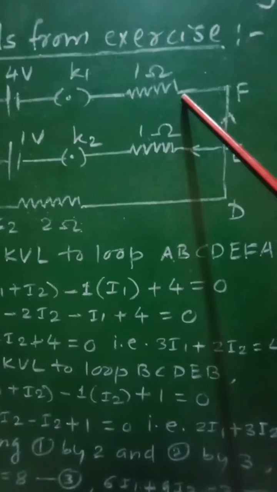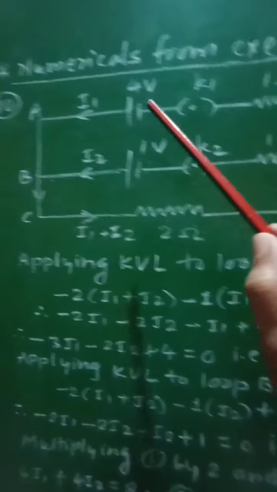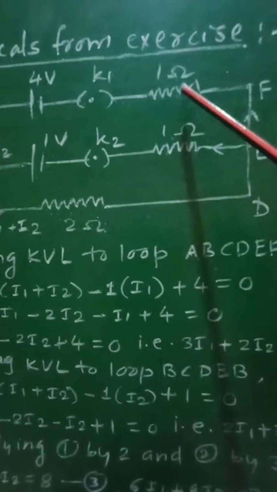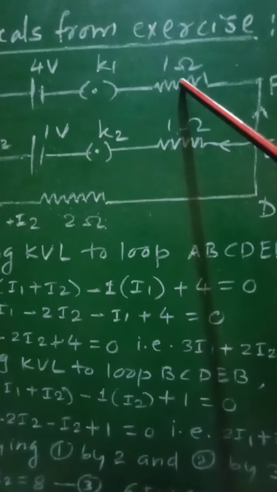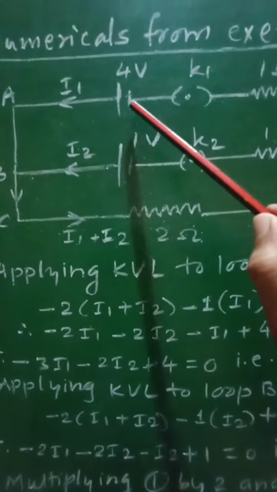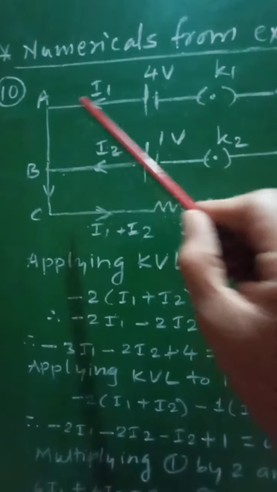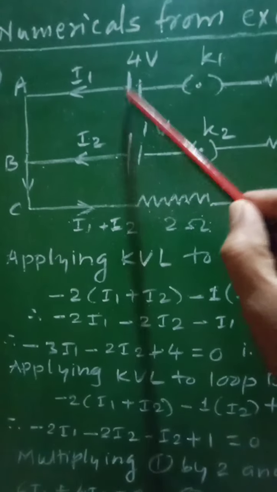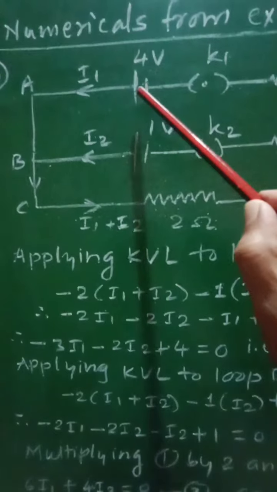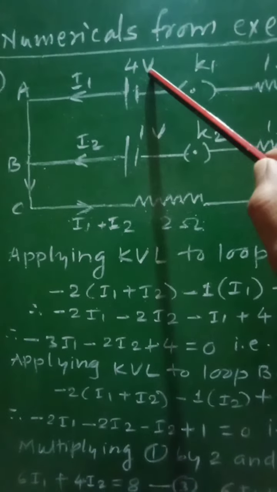Similarly, for this resistance, again circuit is traced from F to A and current I1 is flowing in the same direction. Therefore product of IR for this resistance will be again negative. Now if you consider EMF of the battery, we have traced that circuit from F to A and current is flowing inside from negative to positive terminal of that battery. Therefore this EMF will be considered as positive.